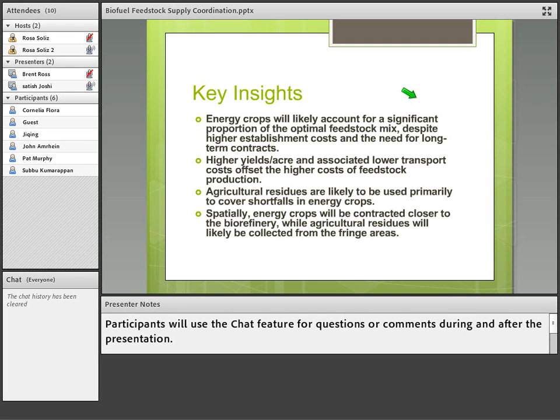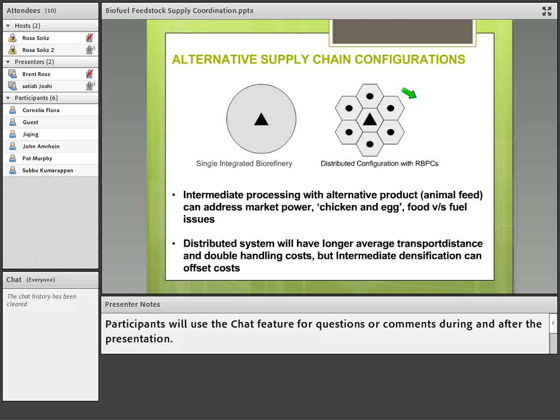And next I'm going to talk about how we organize the supply chain. In that we are looking at two alternative versions. One is the traditional one where you have a single biorefinery doing all the processing right in the center of the harvest shed, or what's called distributed biomass pre-processing, in which you have a refinery and a number of distributed